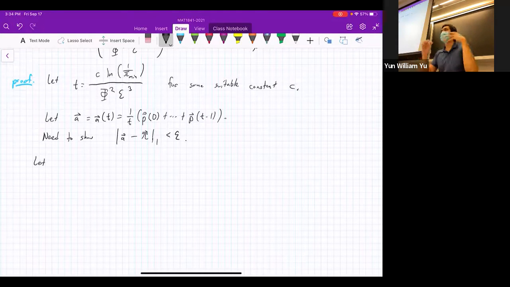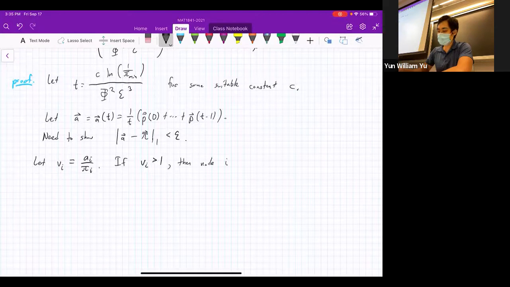And that'll form the core of our proof, which is we're going to show that probability flows from high mass things to low mass things, relatively speaking. So let v_i be defined as a_i divided by pi_i. And if v_i is greater than 1, so if a_i is greater than pi_i, then node i is heavy,